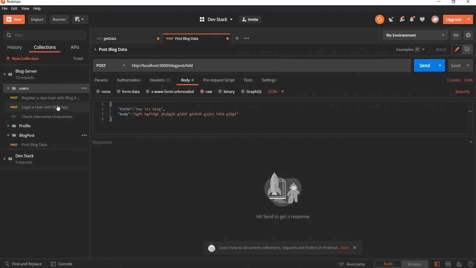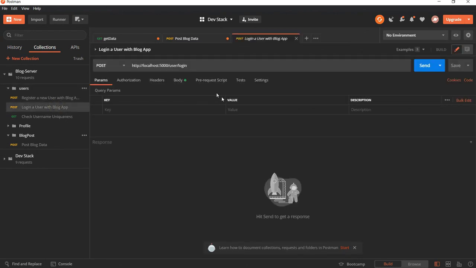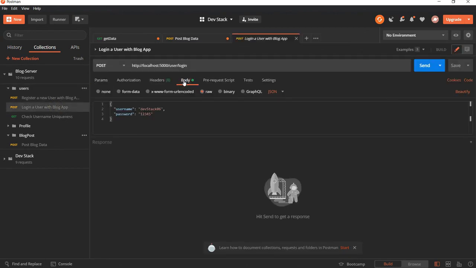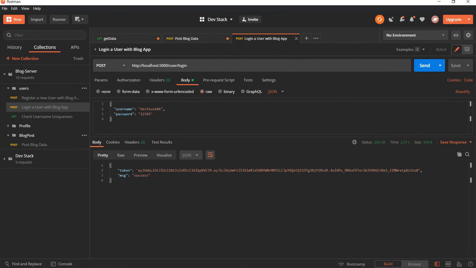from the login of a user. I mean, basically if you have a token then you don't need to do this, because this login endpoint only gets back a token successfully from the backend. So let me call it, and if I get a token, then I have to use this token inside